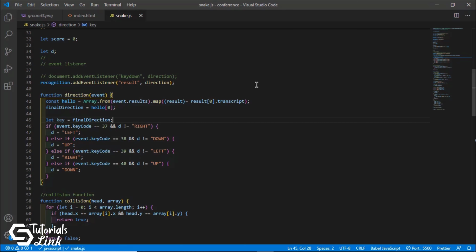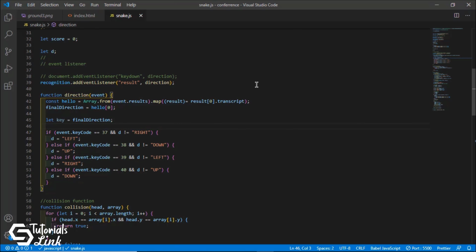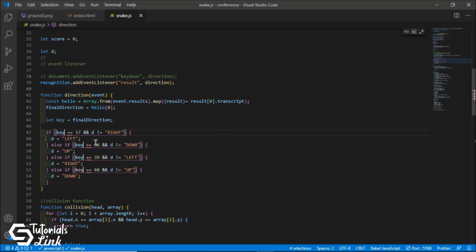Okay, great. So now we have the key and it has all the direction, and now we have to use the key. So how do we use the key? We just simply get all the event codes, delete them and replace them with the key. And for 37 we need left, 38 we need up, 39 we need right, and for 40 we need down.